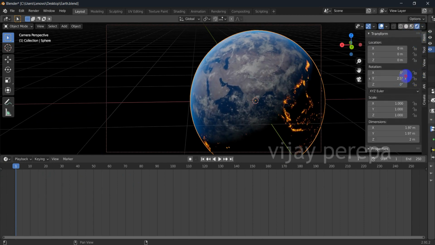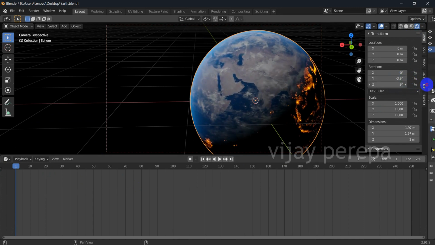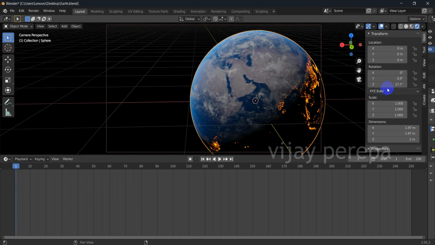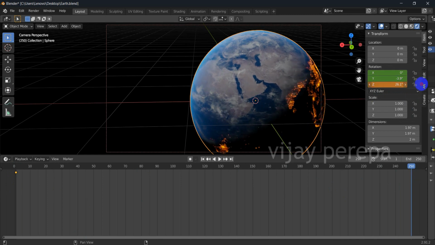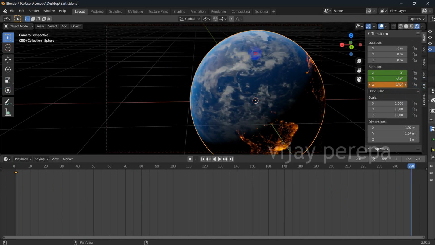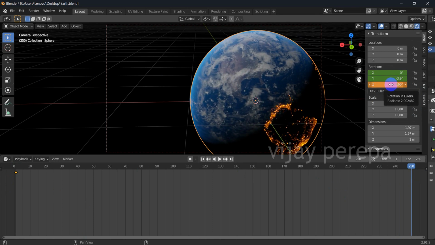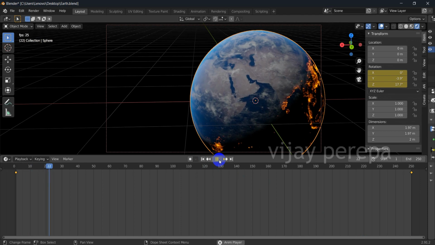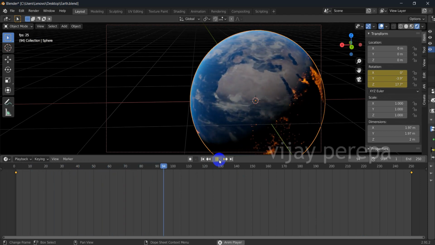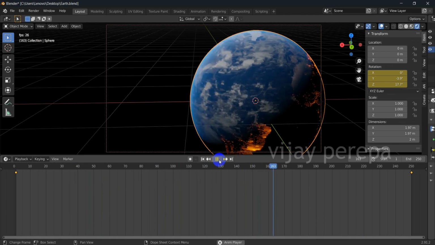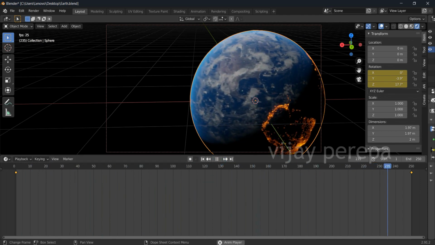So currently it should be like this, and maybe I'll keep it like this, and then add a keyframe by pressing I, and then I'll keep this at 250, the last frame, and then rotate it slowly, maybe that much, and then add a keyframe, and then you can see the earth is rotating, and if I convert it into a movie, this will look nicer.